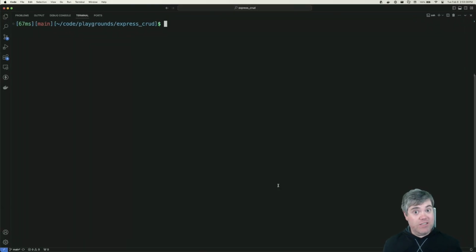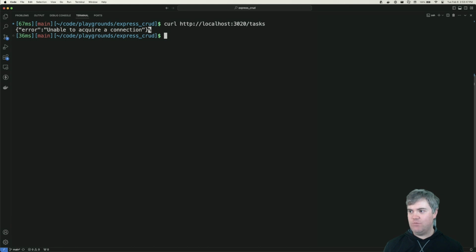So far, we've got ourselves set up so we can start developing on our application. But what happens if we need to view the logs? Let's go ahead and set ourselves up in a situation where we kind of need to. In this case, we still have our container running in daemon mode. It's auto restarting whenever the application changes. Let's hit it with a route that should do something, but it's going to fail. So we're going to do a curl to http://localhost:3020/tasks. And we get this